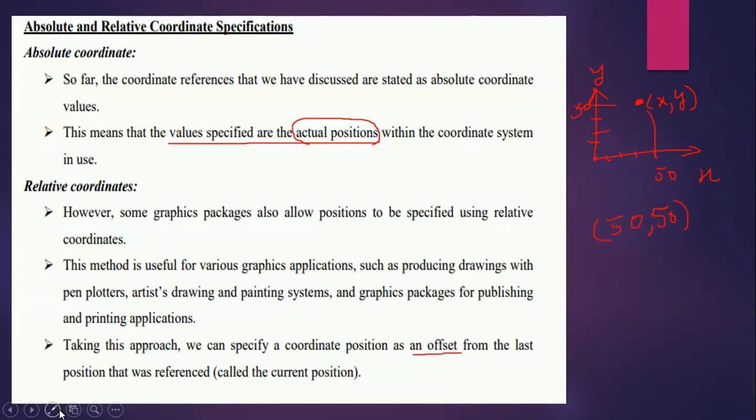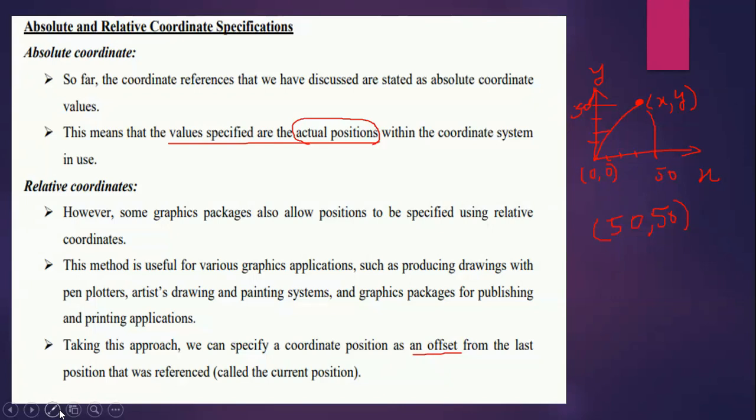Think that here, for example, you want to represent the same value with a certain reference point. Maybe your current position, the last position, is 0, 0.